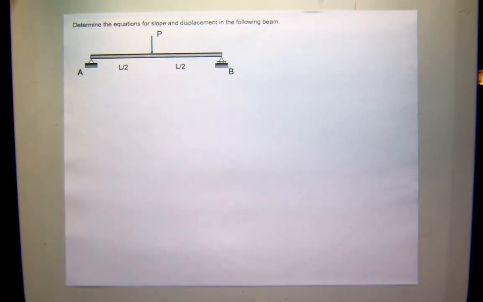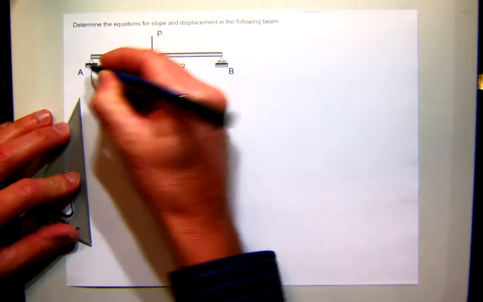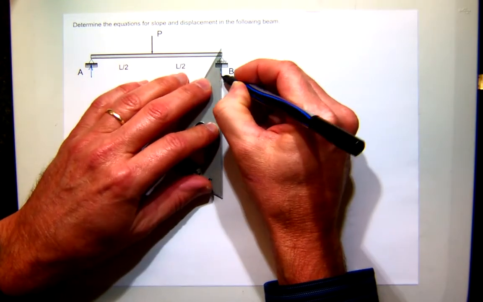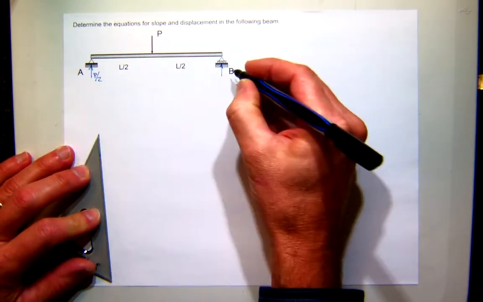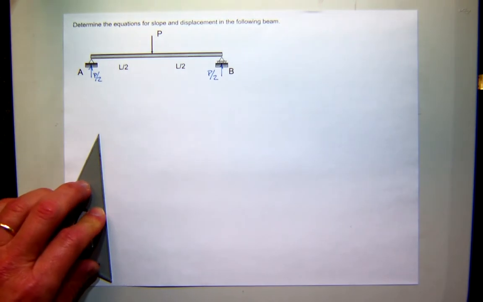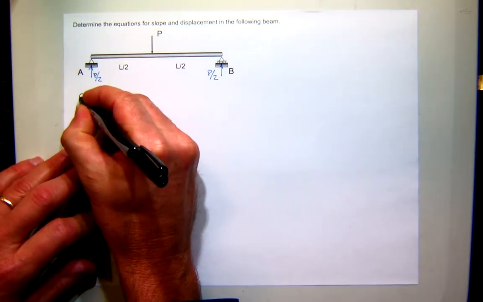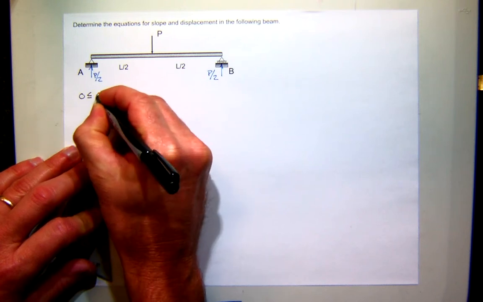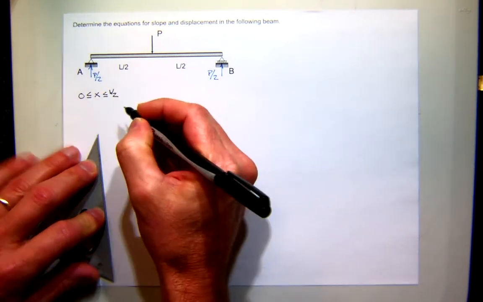So I don't think we need to go into all the details. I think you can see from this problem, since it's a simply supported beam and the load is in the middle, that my reactions are going to be P over 2 on both sides. Okay? So now if I want to write an equation for moment that's valid between 0 and L over 2,